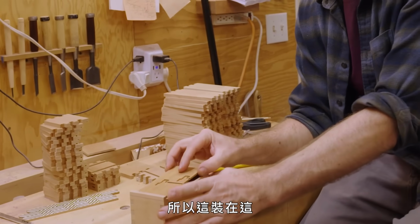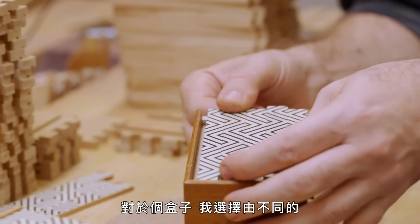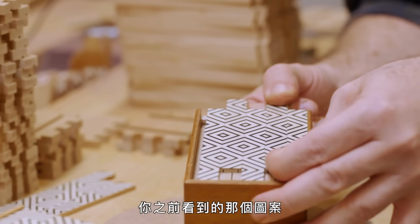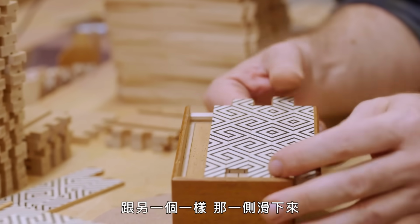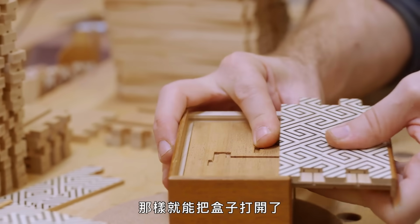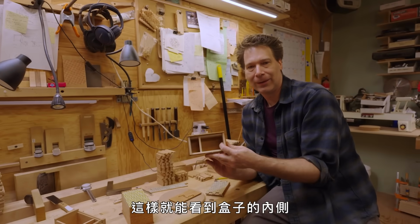So that sits in here. I've prepared a box and finished it. For this particular box, I opted to start with a different pattern and have it transform into the pattern you saw before. As like the other one, the side slides down, you would then slide the pattern, and that would be the opening of that box. The maze plate itself, just push on it to pop it up, and you can see the inside of the